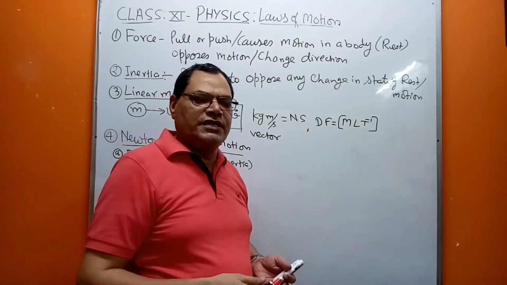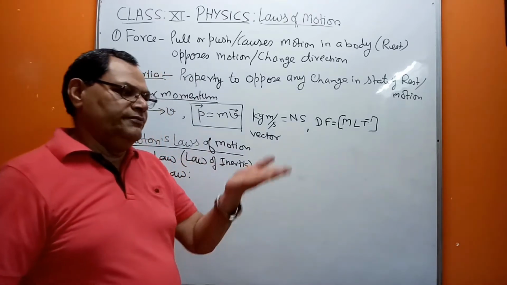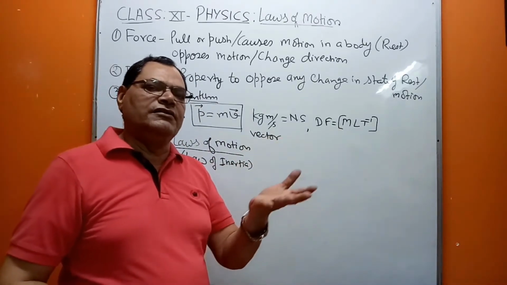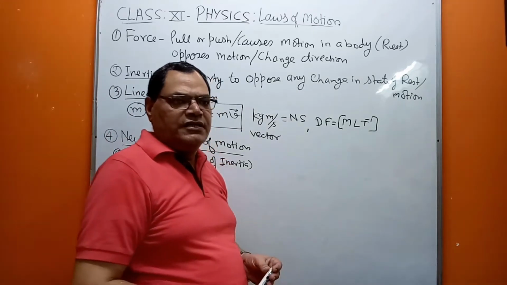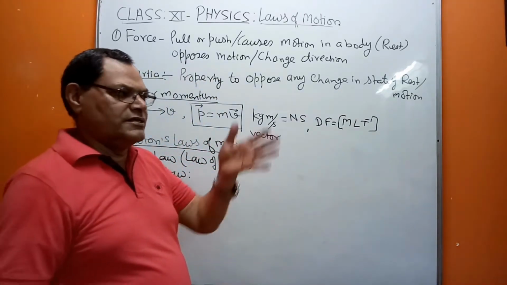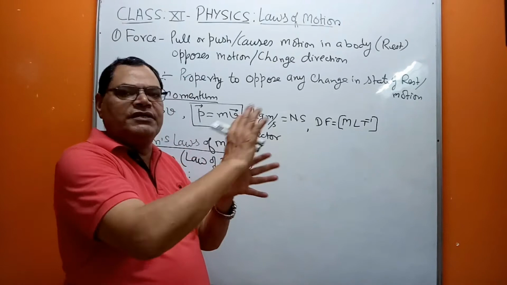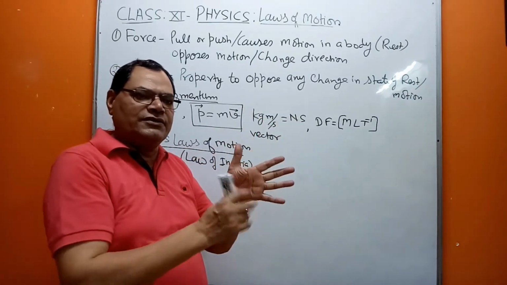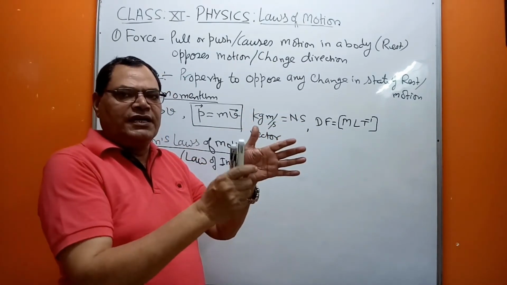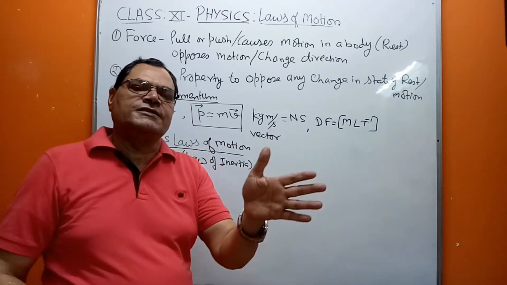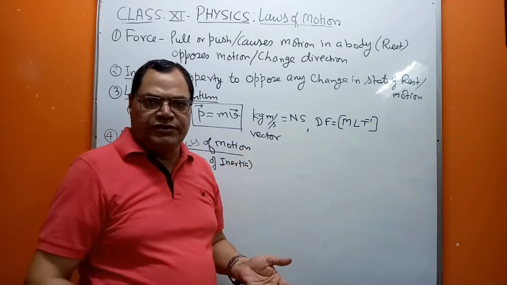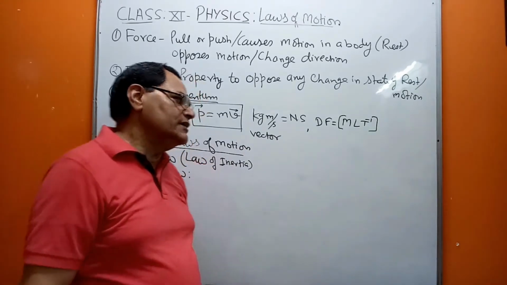So what are the possible examples you can take? If a book is lying on the table, it will remain there only until you apply a force. Similarly, suppose there is a blanket with some dust particles in it. When we cane the blanket, the dust particles are removed. So there are some examples like this.